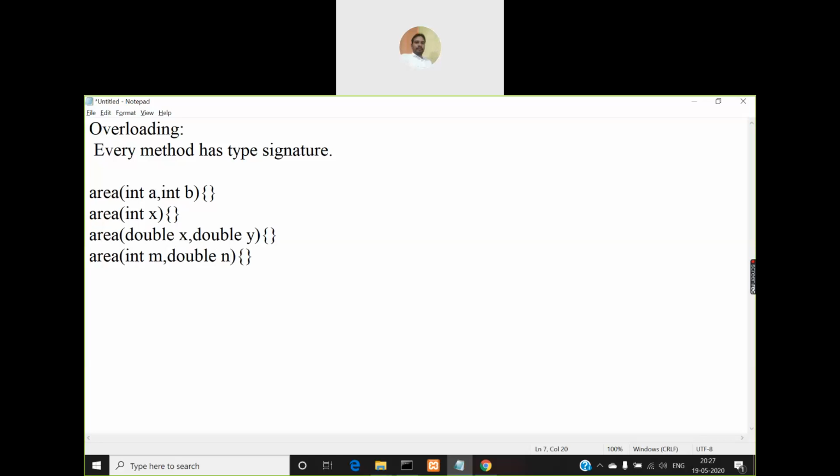So in that way you can create as many methods as you want, but they must at least differ in the number of parameters or the type of the parameters. You cannot define a method with the same name but with the same number of parameters and the same type of parameters. So if I create now, for example, one more method version area,